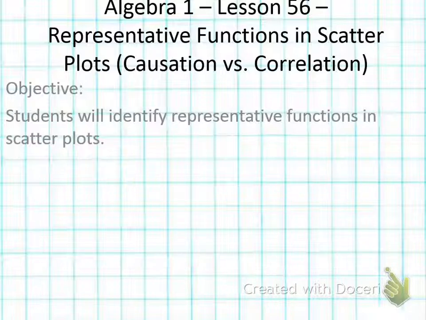So looking here, two things could be correlated, like the more you study, the higher grades are. We know that there's a correlationship. Do you think studying more causes higher grades too? Do you all agree that the more you study, it causes higher grades? Don't you think that's true? Yeah, we know that's true, right?